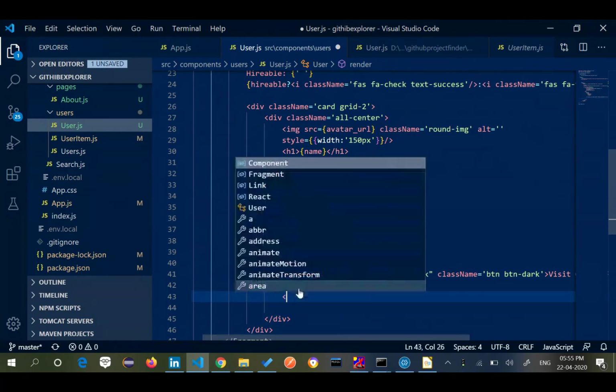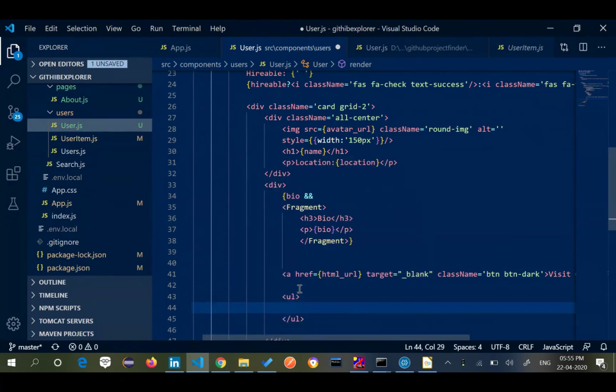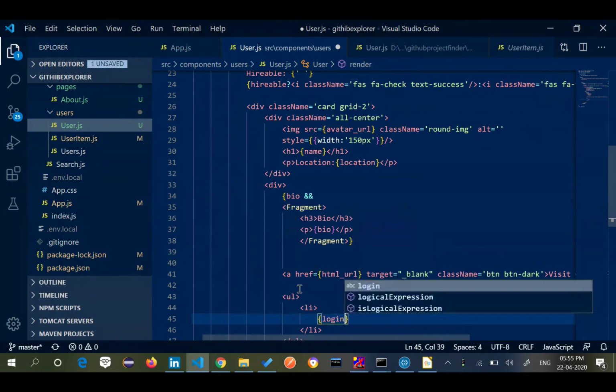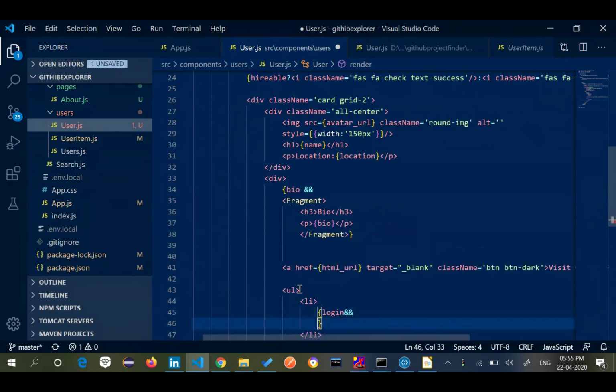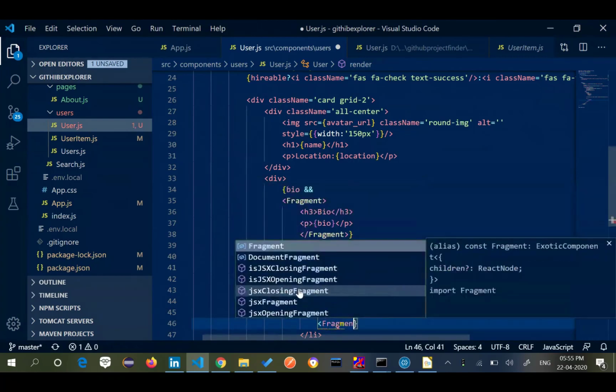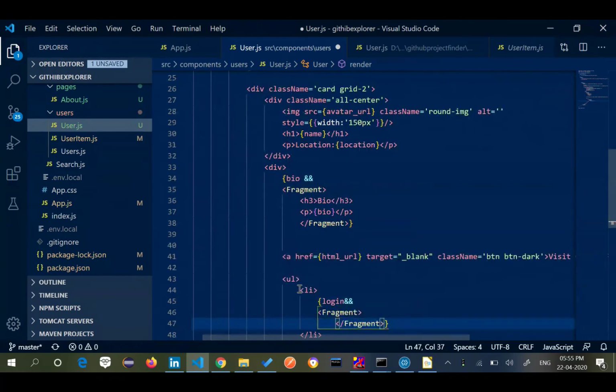I'm going to show, in a list tag, login, so that I show it only when I have the data.